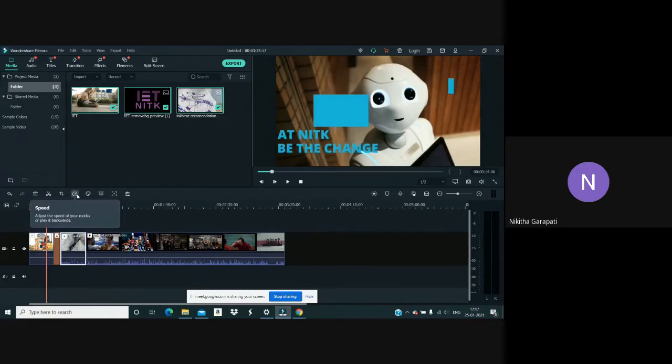And similarly there is your speed button. You can change the speed of the video if you want it to go faster, or the music to be faster, or anything. Then you can choose this button. And this is to change the few colors that are visible. Suppose you want to change the shade of the colors at a particular point, then you can choose this option and do so.